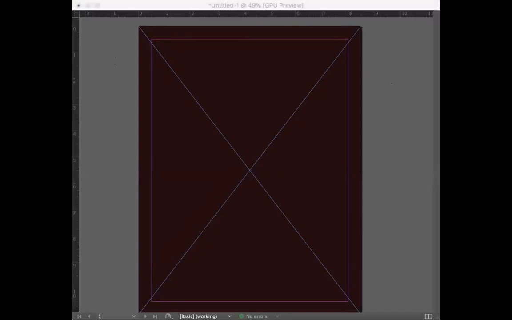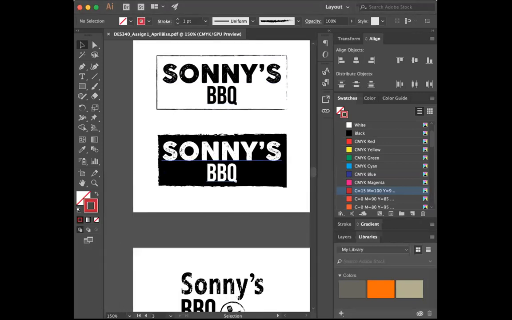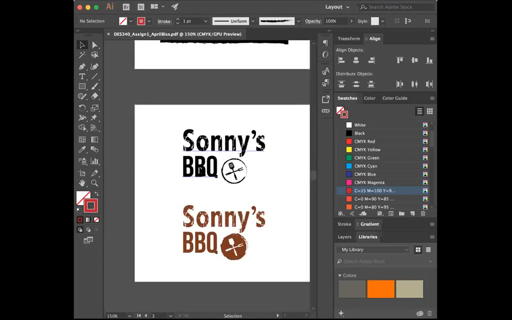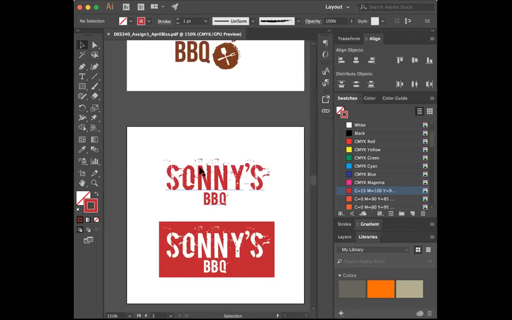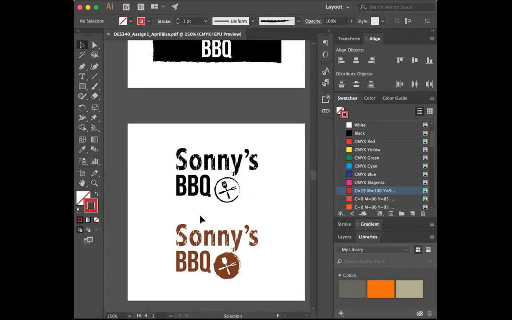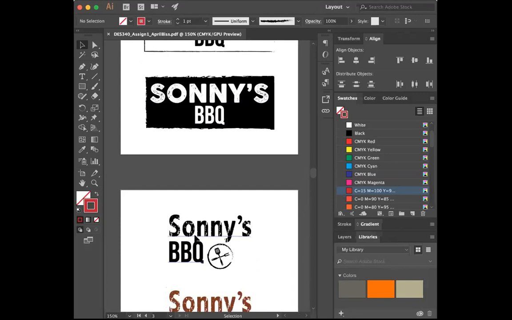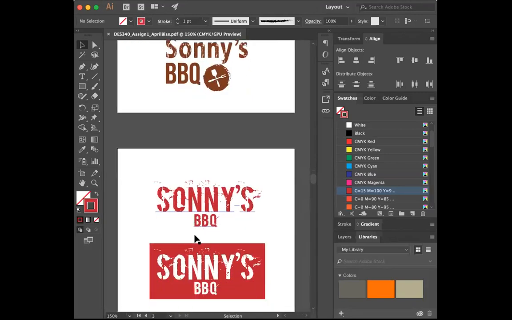Okay, I'm going to go back to my Illustrator file. Let me go back and show you what I would do here. Does this say you have to put all 3 in here? Okay, so once you decide on, I don't know if you should show all of these. It doesn't say in the instructions, so I'm going to clarify this a little bit. Once you're done with your 3 concepts, you are going to choose the one that you think is the strongest, okay?